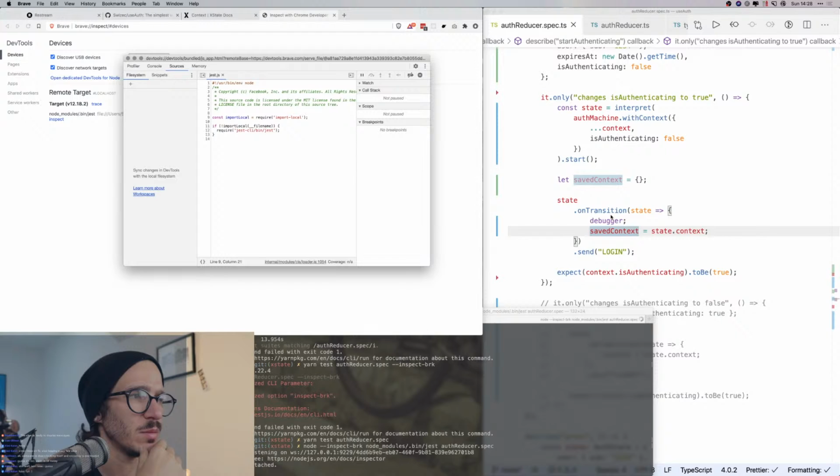But I don't think it's going to work. Saved authenticating context equals context. Okay, now let's try running that, and I think this test is going to fail